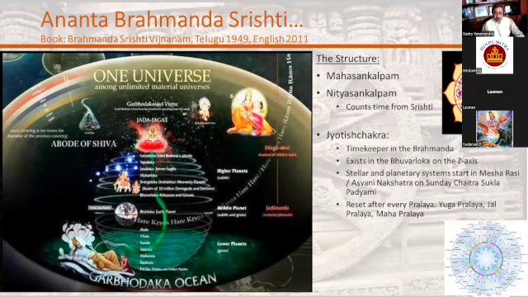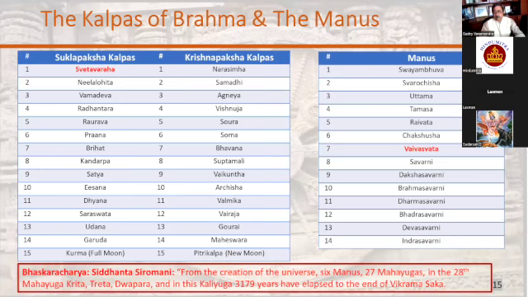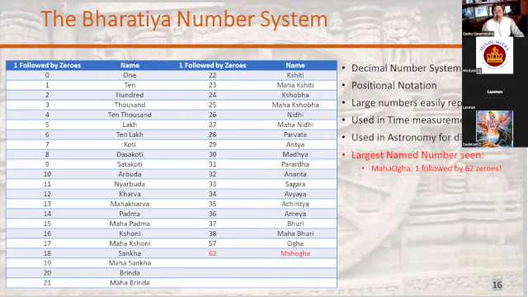And that's how Srishti starts. And at the end of a complete cycle, it is reset and they start all over again from the Ashwini Nakshatra and the Mesha Rasi. We also talked about the duration of the Brahmanda, and the time scale of Brahma. Then, of course, we talked about the kalpas of Brahma, and the Manus. In red here, we highlighted the Svetavaraha Kalpa that we are in, and the Vaivasvata Manvantara that we are in. And of course, we've touched on the number system now.